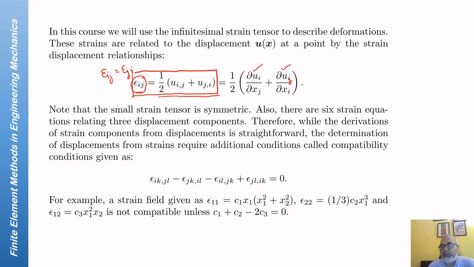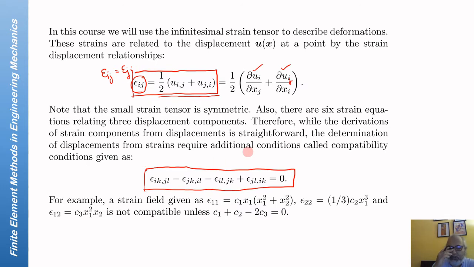The strain components have to satisfy what is known as the compatibility equation, which is given by this. Fulfillment of the compatibility equation assures you that the displacements that you get by integrating the strains are